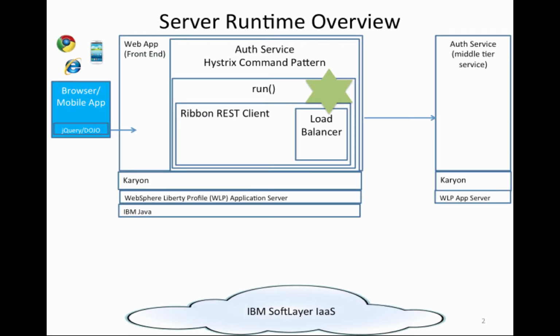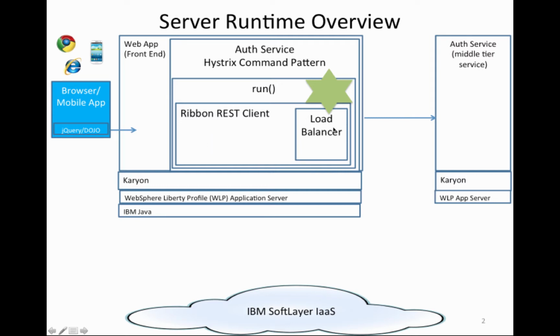So first, let's start with the server runtime overview. This is leveraging the Acme Air application, and you can see the Acme Air application takes browser clients, either mobile phones or tablets or desktop browsers. It comes through a front-end web application and calls a microservice for authentication, and then that talks to a data tier. What we've done here is we've broken that up following the architecture for using Ribbon as the REST client,